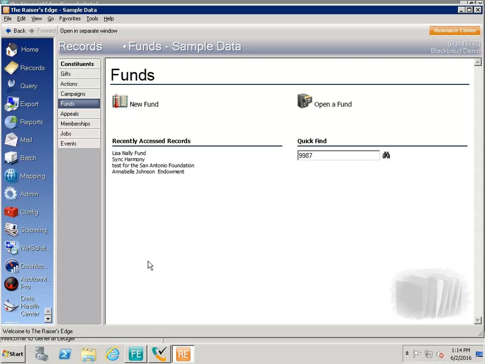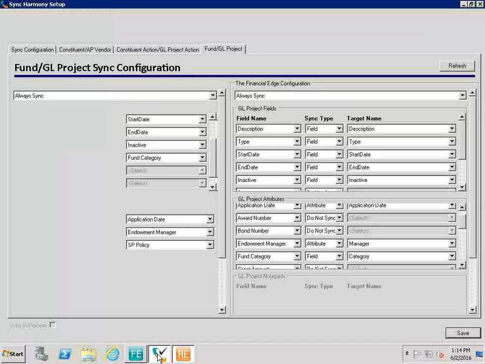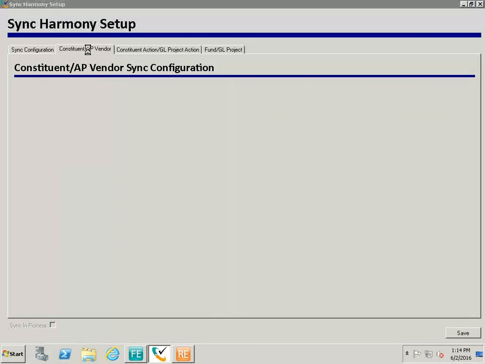One of the other things that we added after that, well, that was what we started with. That's what people wanted first. So we built that piece, and then someone said, we want to be able to synchronize constituents and vendors, where vendors are in Financial Edge and constituents are in Razor's Edge. So we said, okay. But one of the biggest problems we had with the constituent vendor sync